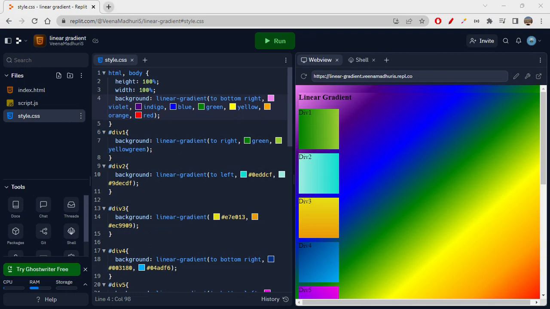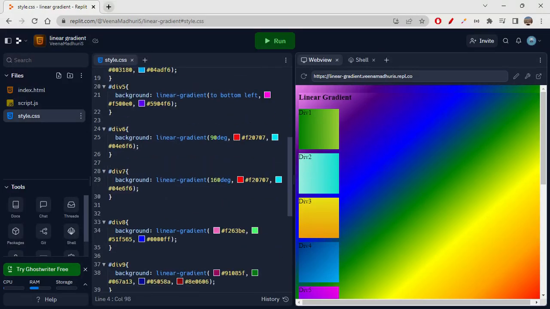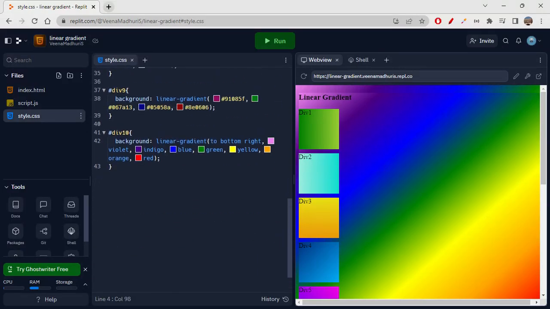I hope you all enjoyed this gradient class, and there are multiple other gradients which we have. So we have the direction thing. We have given direction. We've seen the degrees thing. We have seen multiple colors. We have seen rainbow, and you can also get the transparency thing, right? So all these things you can do. Okay, so the transparency thing, I'll just show this last transparency thing